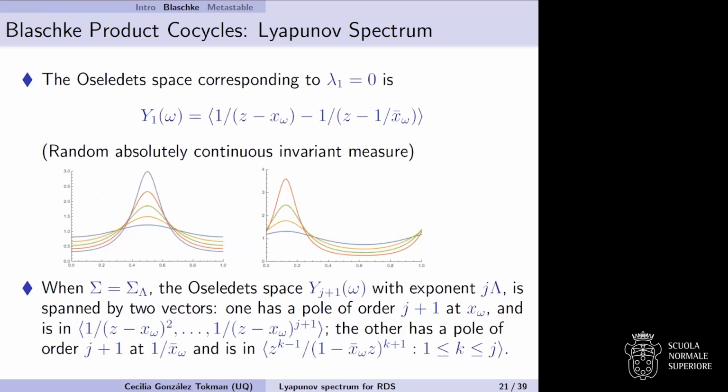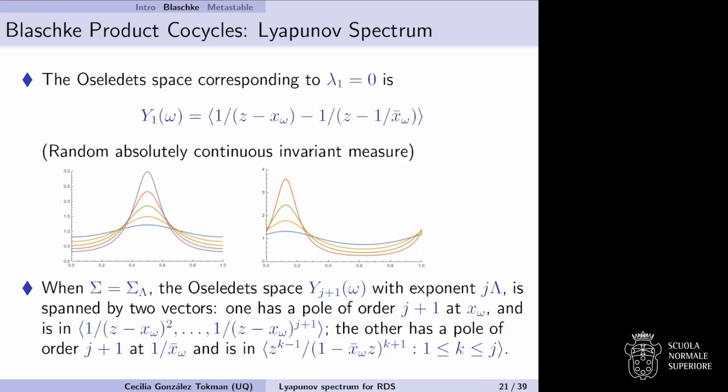Even more, we can find expressions really explicit for the top Oseledets space. So this is giving the random invariant measure in terms of this random fixed point, and quite fine information about the other Oseledets spaces. For instance, the J plus first space corresponding to Lyapunov exponent J times lambda is two-dimensional, and each of these,